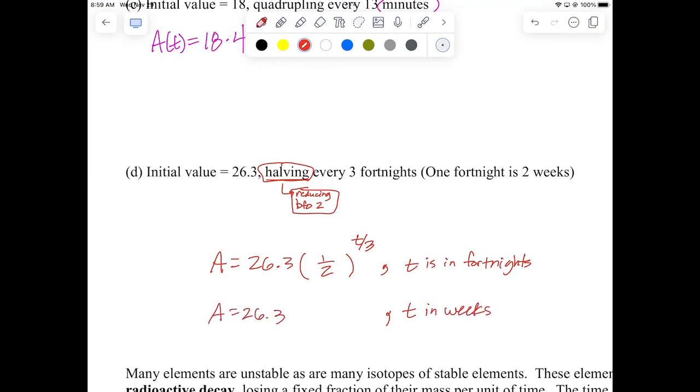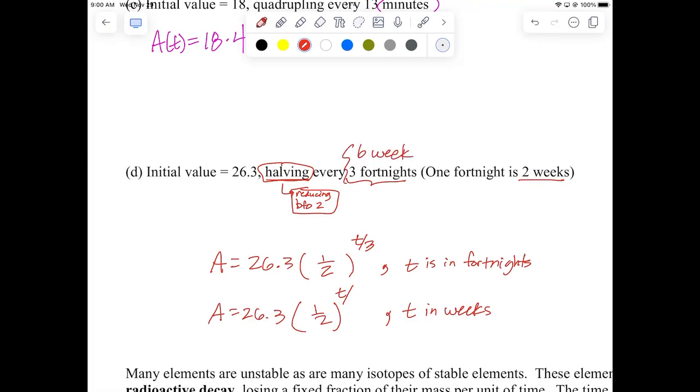We change it. We change it to what? T divided by what? T divided by 2? No, it still happens every 3 fortnights. In other words, 3 fortnights is how many weeks? 6 weeks. So I could say it halves every 3 fortnights, or I could say it halves every